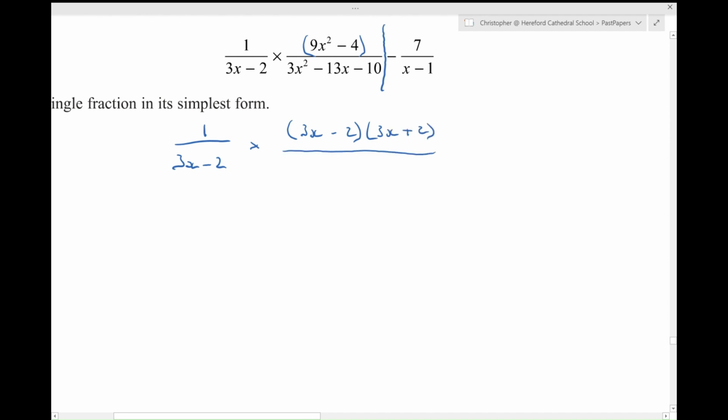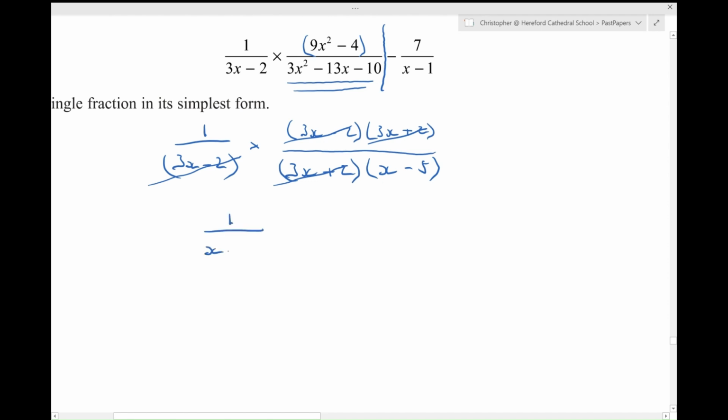And that is over this expression here, which can be factorized into 3x plus 2, which conveniently will cancel, multiplied by x minus 5. Now let's multiply these two algebraic fractions together, cancel that with that, cancel that with that, leaves me with 1